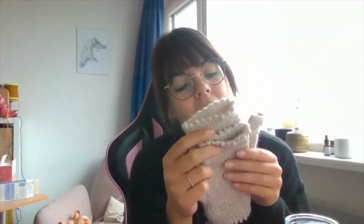I haven't bought any mittens or gloves forever, and I've not really knitted any for myself either. So I didn't really think about the sizing, and they're too big for me. I need the kid size for my little hands. So these are actually too big, but I will be gifting them probably to like my fake Nan, who I